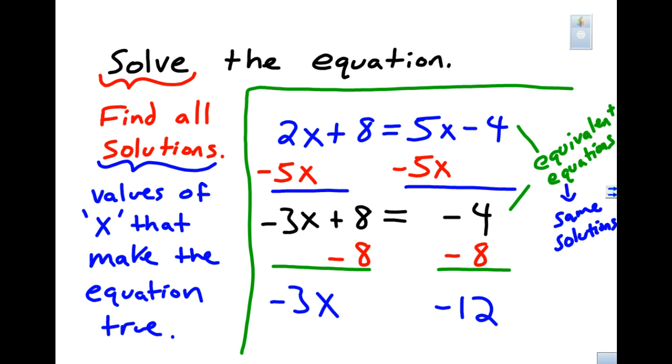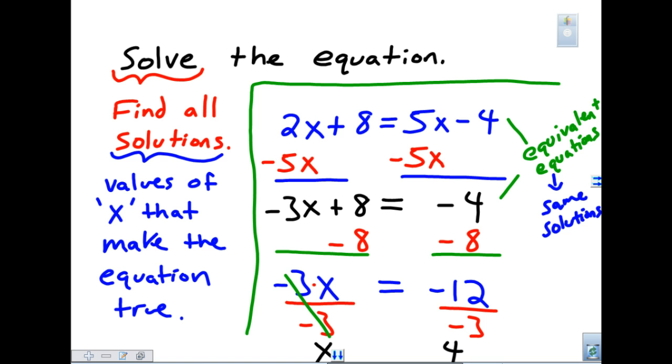And again, because we did the same thing to both sides, we know that these results are still equal to each other and that this equation is equivalent to the previous two equations. It has the same solution set as the previous two. And now we need to get rid of that negative 3, which is being multiplied to the x. The dot indicates that we're multiplying there, and to cancel out a multiplication, we divide by that number. So we're going to divide by negative 3 on both sides of the equation. And what we're going to end up getting is